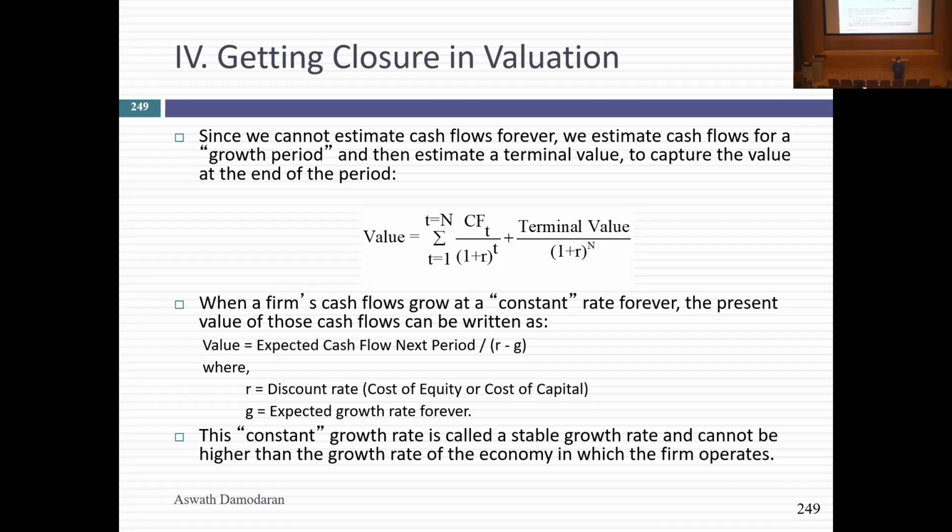Now, I don't know how many of you have a past life as bankers, but bankers actually use another approach for estimating terminal values that I think is valuation malpractice. How do bankers get terminal value? They use multiples: EBITDA multiple, revenue multiple, book value multiple. If you do that, you really are not valuing your company. You're doing a pricing of your company and passing it off as a DCF. You have no choice. You have to use this assumption of stable growth.